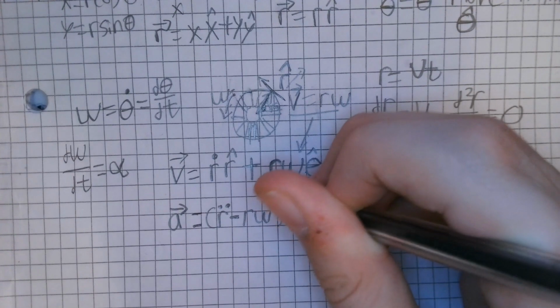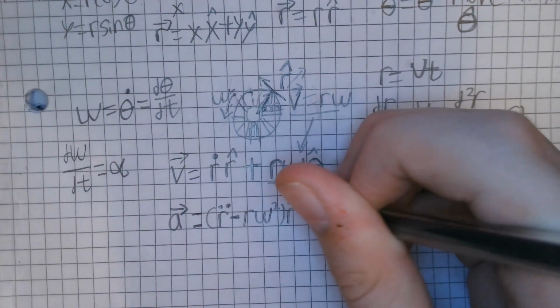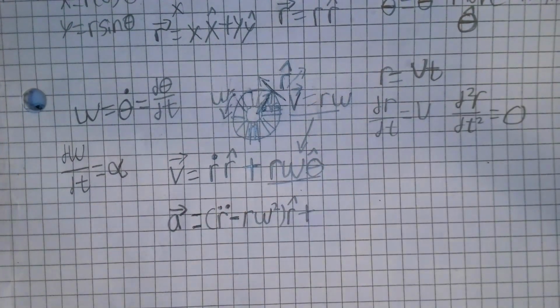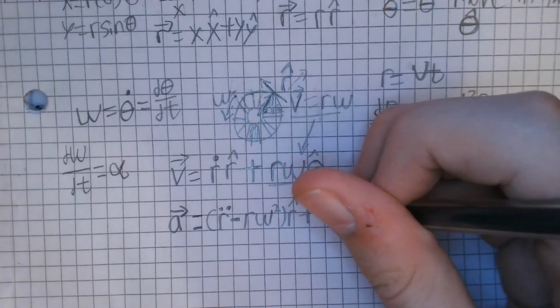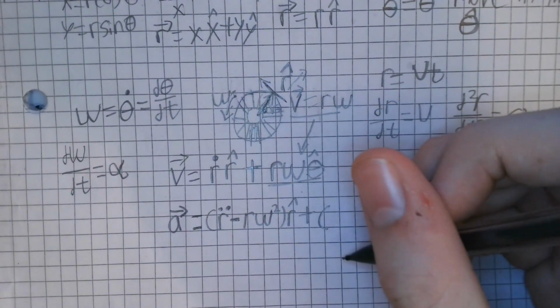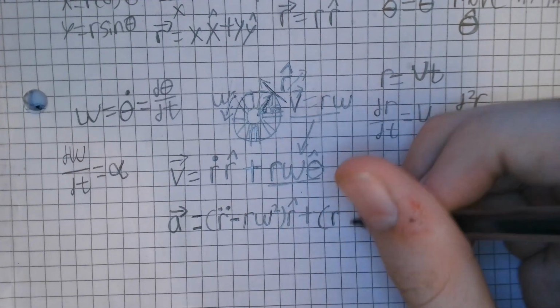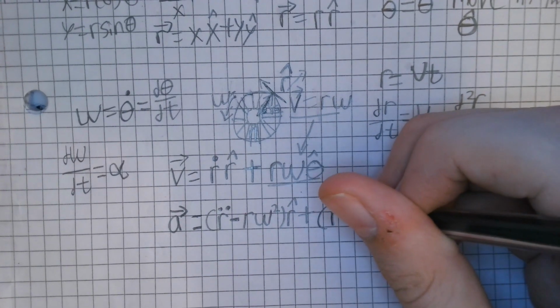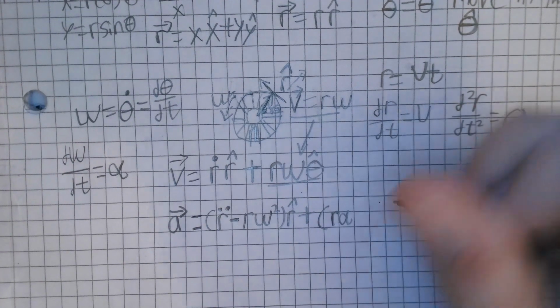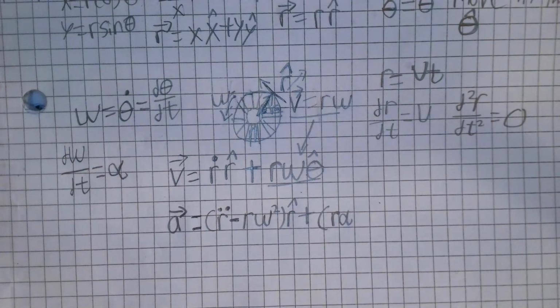And that's going to be in the r hat direction, plus the quantity r times alpha, our angular acceleration, so the rate at which the rate of change in theta changes,